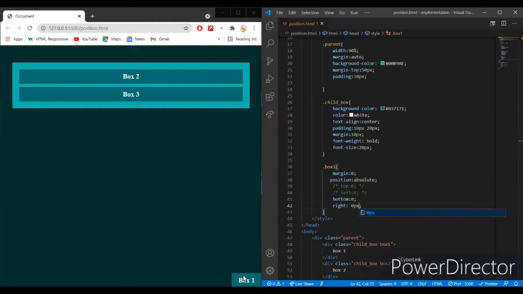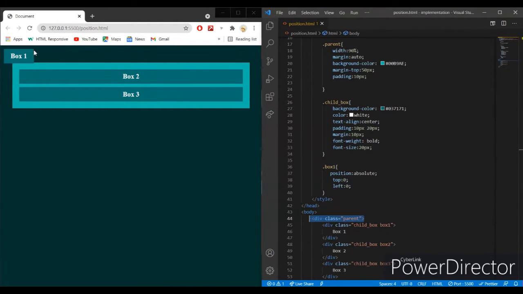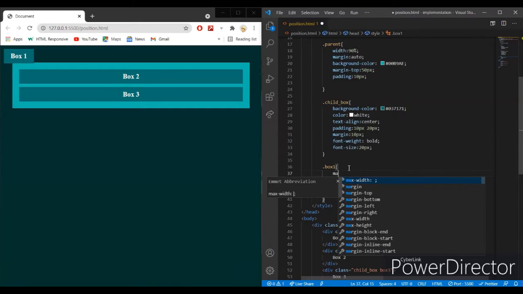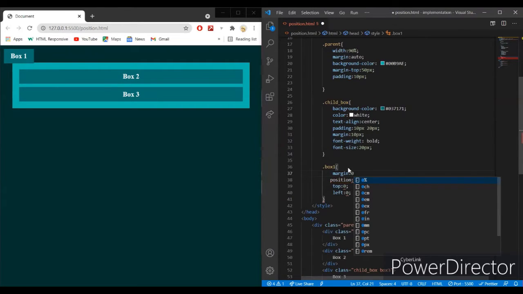This is the use of the four properties: top, left, bottom, and right. And here you have some spaces because of the margin 10px. When you override that with margin 0, here you see the element is positioned correctly at the top 0 and left 0. And also observe one thing: when the element is removed from the document flow, no space is created in the layout.